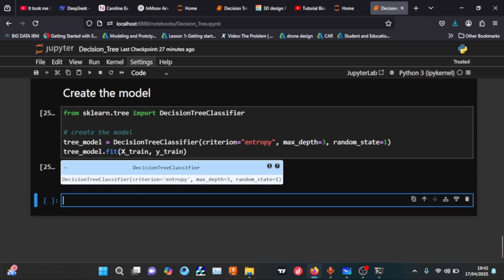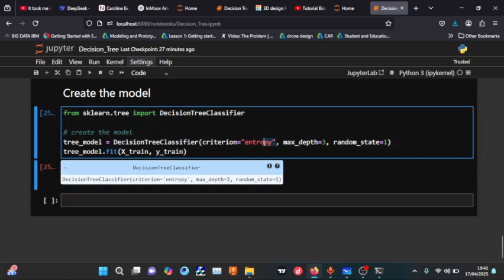While my model is training, let me just go ahead and explain some parameters for you. The criterion, even though I said I'm not going to explain that, the criterion entropy basically means use information gain to decide the best split, either low or high entropy, right? And then the max depth limits the tree to 3 levels to avoid overfitting, right? We don't want a very, very deep tree so that our model is so perfect on our training data,